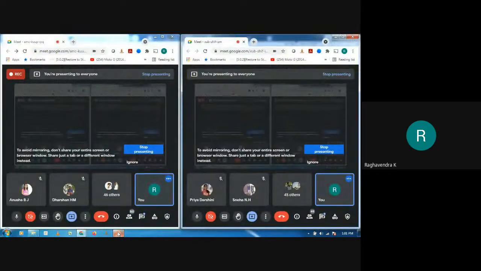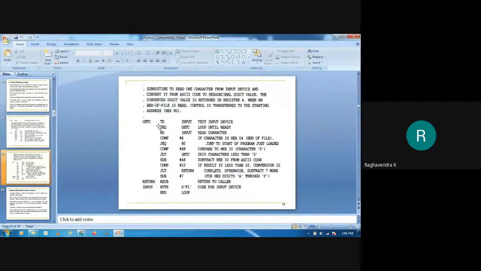The drawback of polling is that we are wasting CPU time because we are simply looping around the same set of statements again and again. Here, the program would check for the readiness of the device, TD input. If it is not ready, jump if equal to getC.